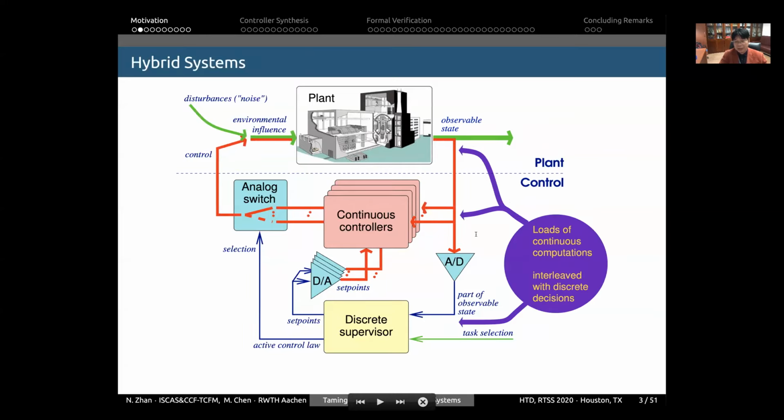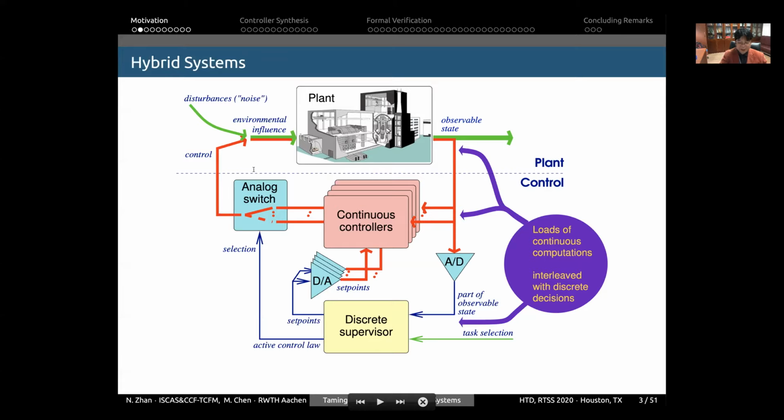The control part accepts the observable state from the plant, but it is present in analog way. So we should transfer the analog signal to digital signal. Based on the transferred digital signal and the computation control model, the discrete supervision can compute a control command. Then also, according to the continuous control model, we can transfer an analog command as input to the plant side. So that is the whole picture of the